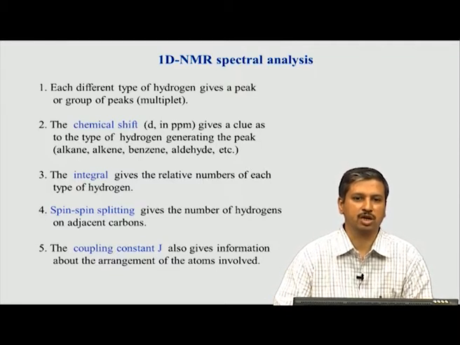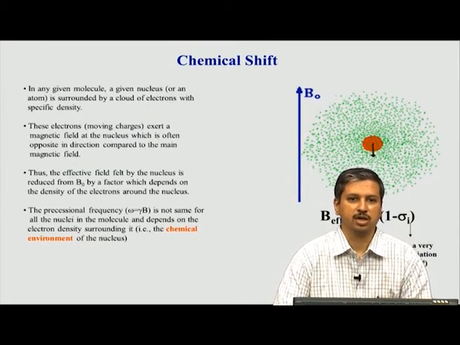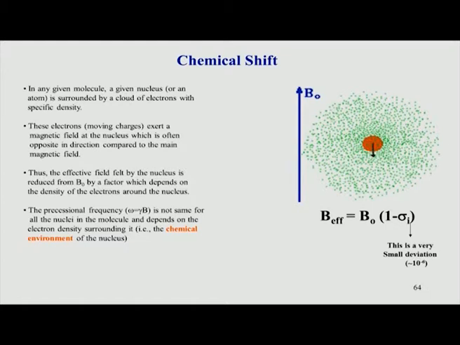So, let us look at what chemical shift is, and where it actually originates. If you look at any molecule, as I mentioned, it has atoms which have nuclei. Now, this nucleus is surrounded by an electron cloud. Here it is shown as an electron cloud, not as a number of individual electrons. This electron cloud around the nucleus generates a small magnetic field opposite to the main magnetic field. You see this is the main magnetic field, the 9 Tesla and so on, which we discussed.